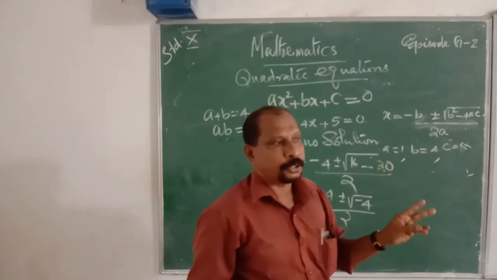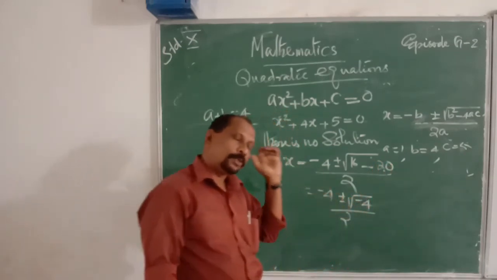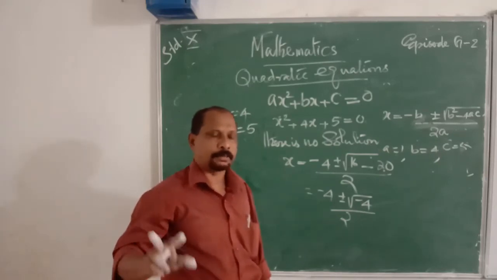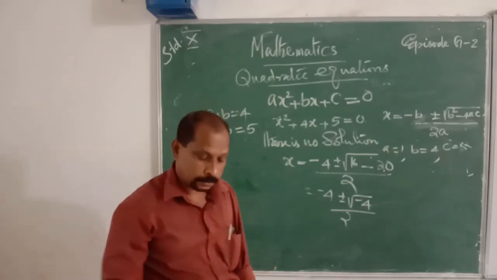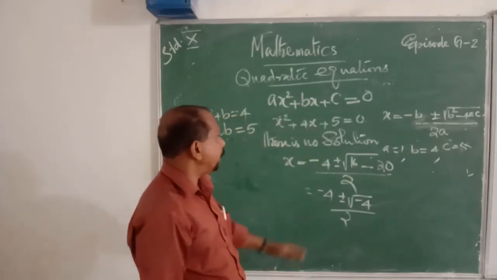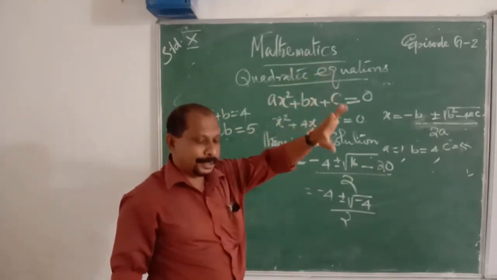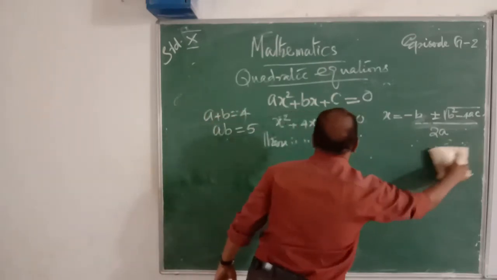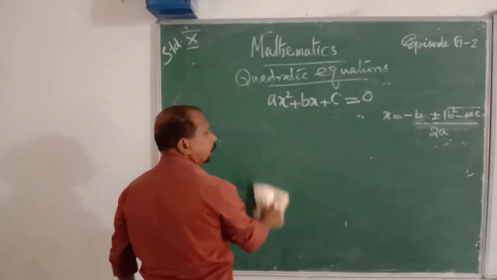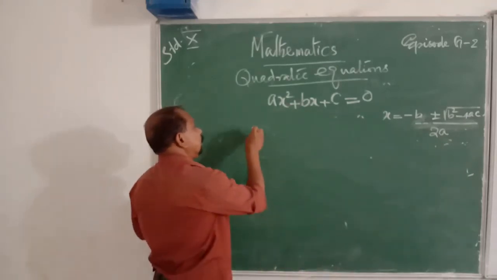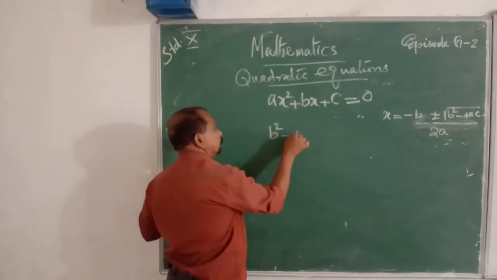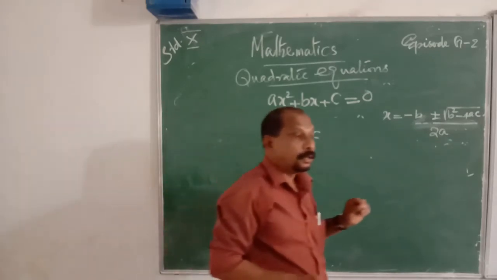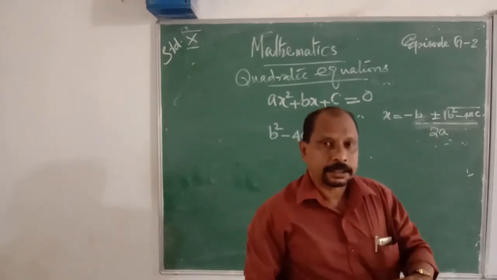So, by the quadratic formula, we can find out the solution. That is x is equal to minus b plus or minus root of b square minus 4ac. Whatever it is, that is the quadratic formula. And b square minus 4ac, on the basis of this b square minus 4ac, we can find out the nature of